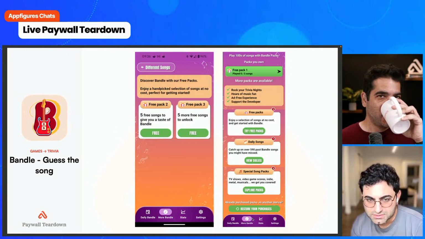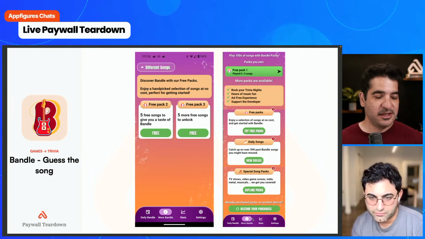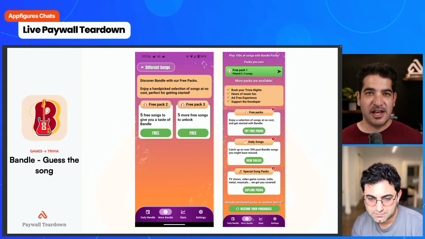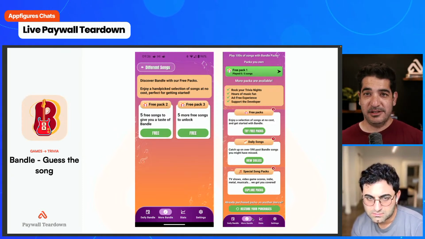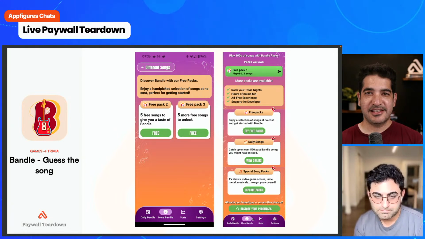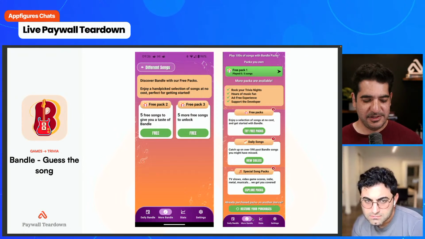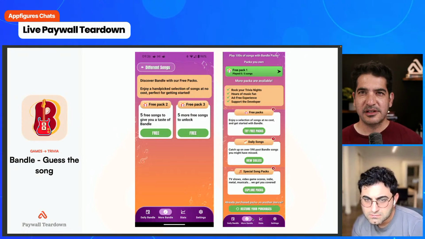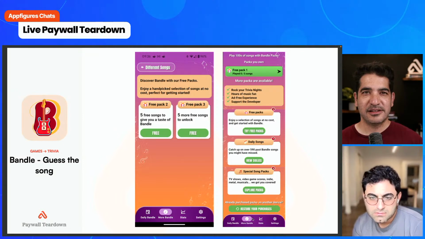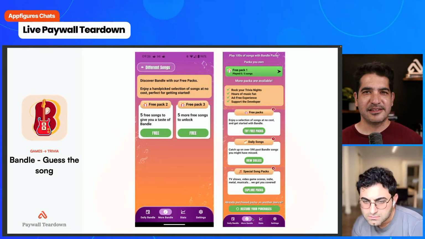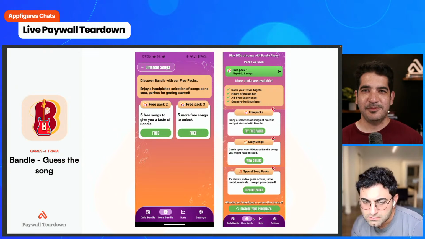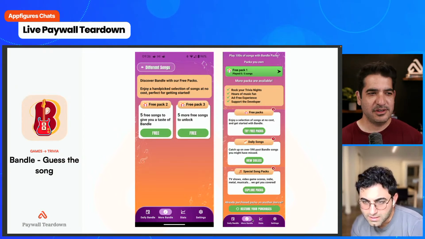Are we sure that it's a scrolled paywall, or did you tap one of the free packs, and then it goes to the second page? That I'm not sure. I just got these uploaded, so this was submitted by the developer of this app. I have no idea. My guess is there's no pricing on the right side. I mean, what's going on at the top? Let's take a closer look. Oh no, it's all free. Yeah, this is very interesting. What's going on here? That's what happens when I pick a random one. I get weird things.